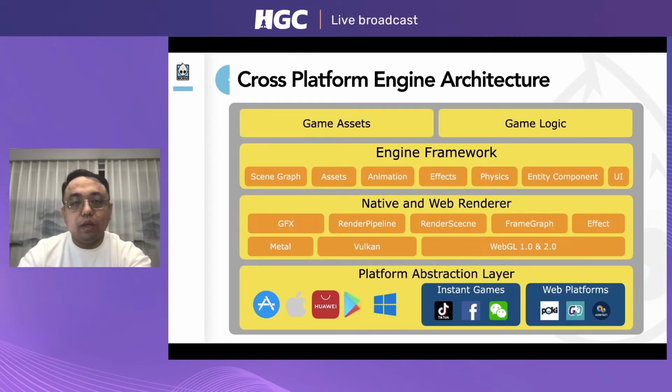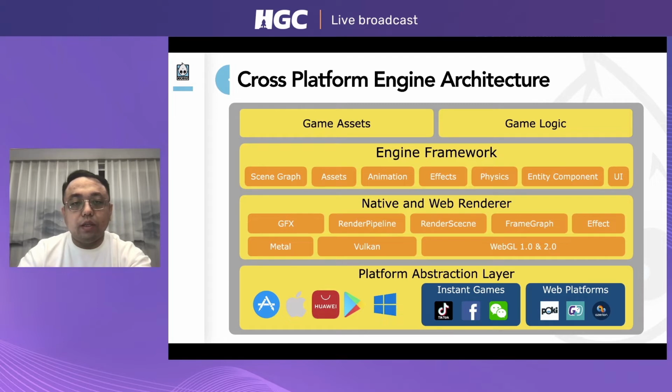Now this chart shows how we achieve to support native platforms, web platform, and all instant gaming platforms. Actually, instant gaming platforms provide WebGL environment as we want to benefit from the web game community. Although it needs some adaptation, it's very similar to the web browser environment. As for native platforms, we have our native C++ engine, which uses Metal on iOS and Vulkan on Android. Our renderer is implemented in both C++ and TypeScript to provide a unified